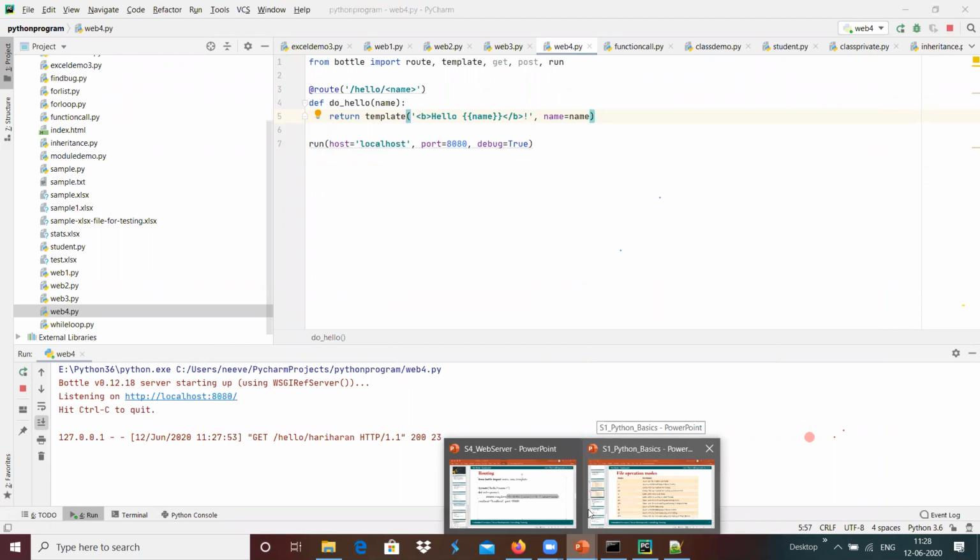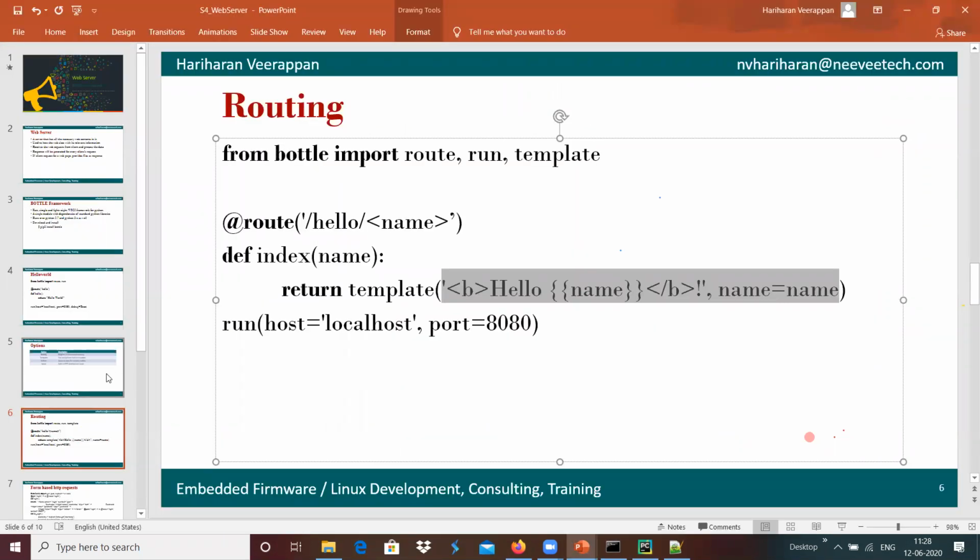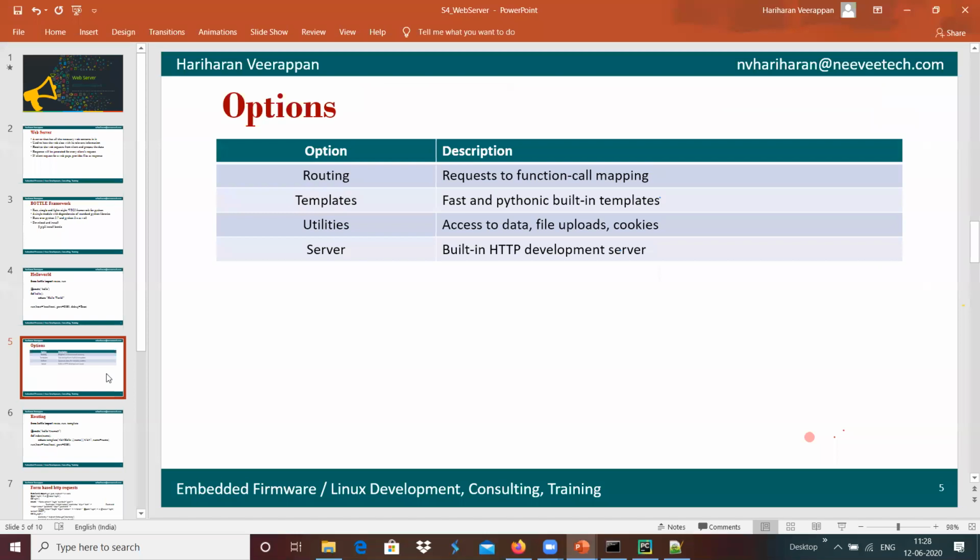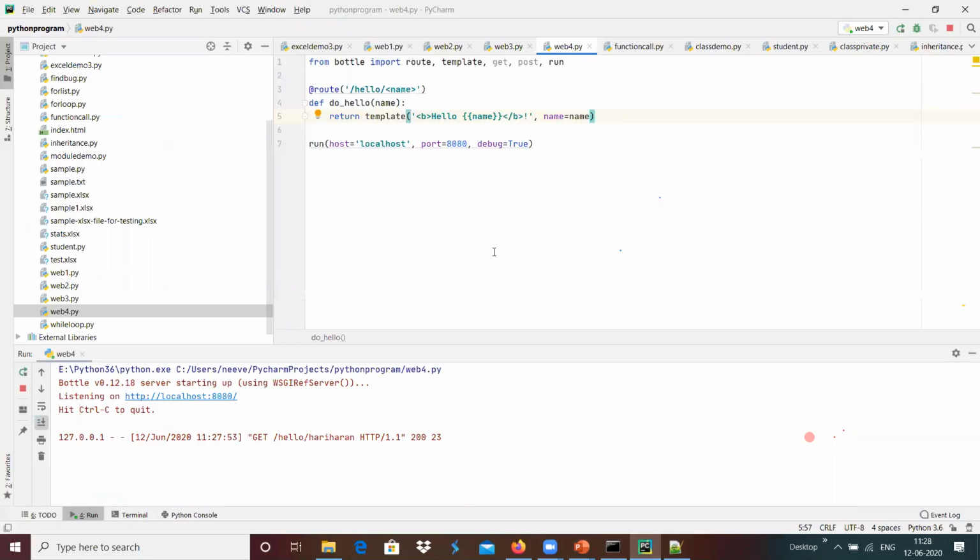And then we have utilities to access the data, like get requests and post requests. And we have the server, which is inbuilt. That server can be started with the function run, with the host name and port number, and we have the option debug equals True. For example, whenever we give debug equals True, then we will start getting the prints over here. For example, if I give